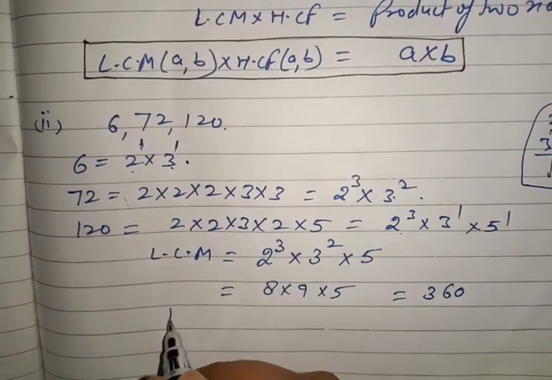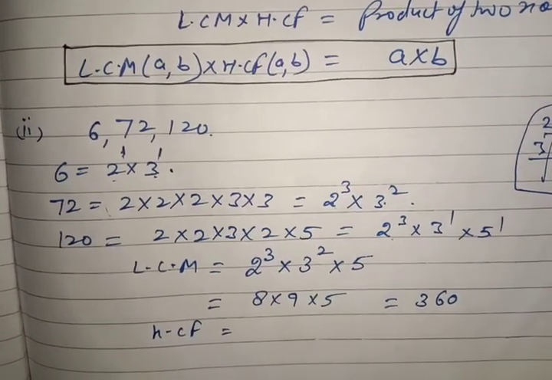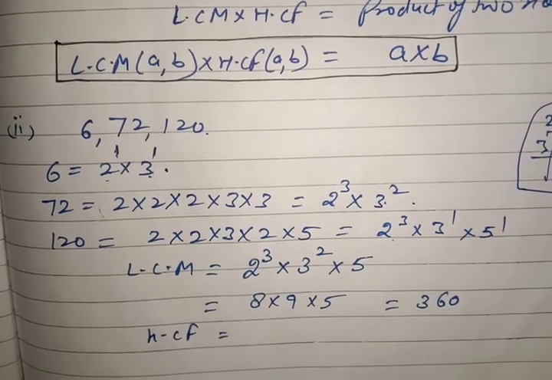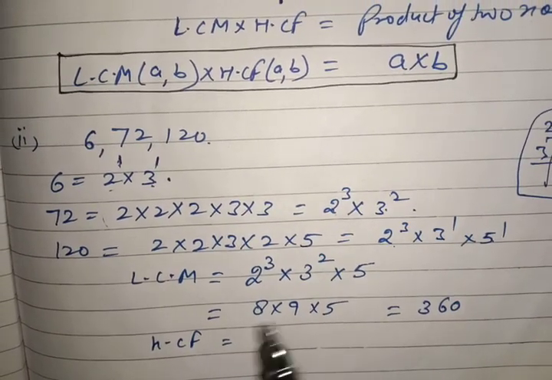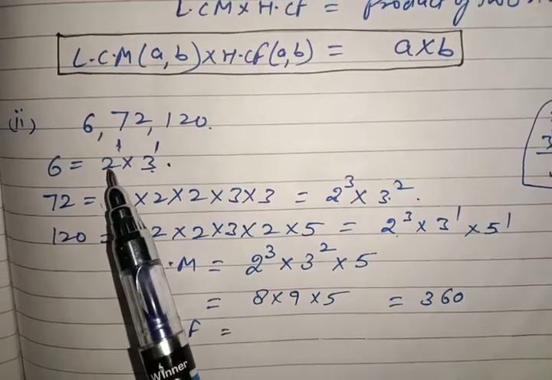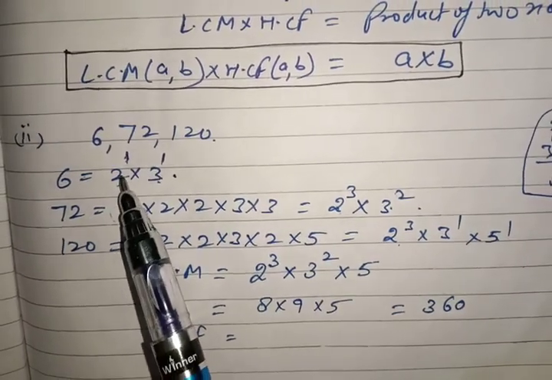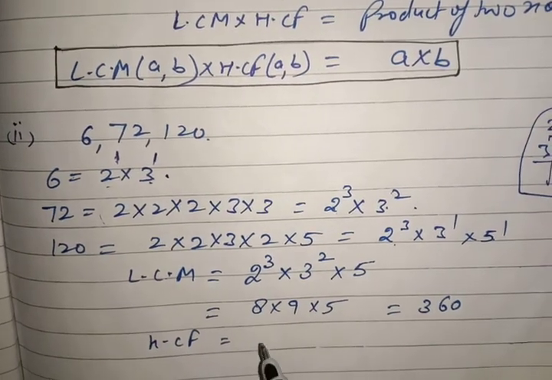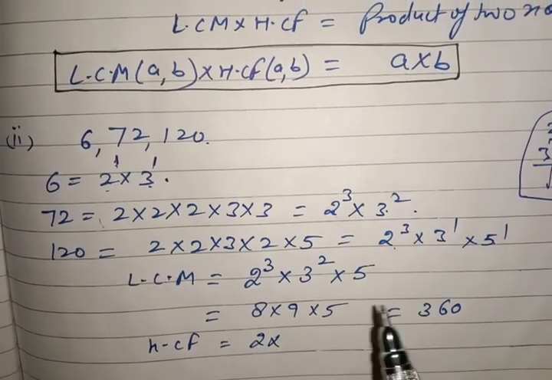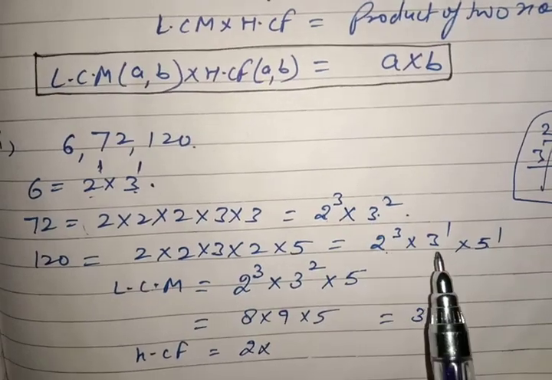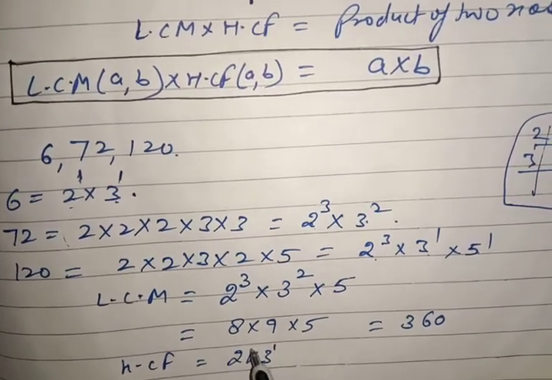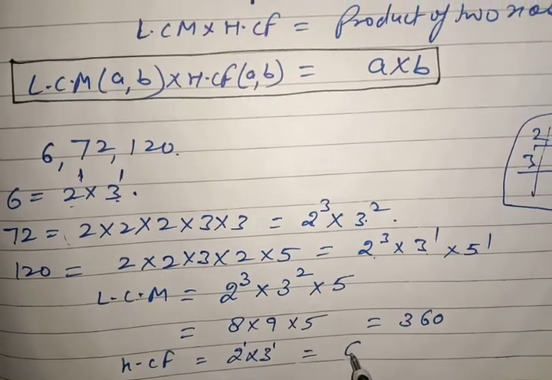And finding the HCF is always very easy. You have done this in your lower classes, also by prime factorization. The HCF of these three numbers together: the powers of 2 are 2 raised to power 1, 2 raised to power 3, 2 raised to power 3. The minimum power is 1, as I told you in the previous question. And 3 is common. Which is the minimum power of 3? 3 raised to power 1, so the answer is 6.